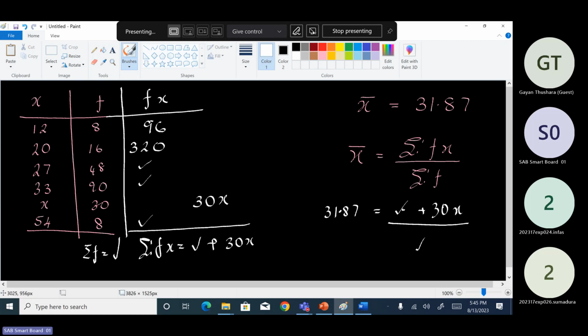Now this is the value. This is a value. So now you can cross multiply, take this to the other side, divide by 30. So there it's not a direct problem. When the x bar value is given, we are asked to find a missing value. So if you calculate your x value, the missing value,